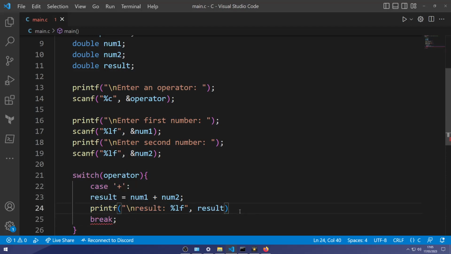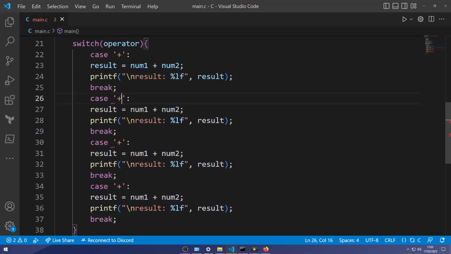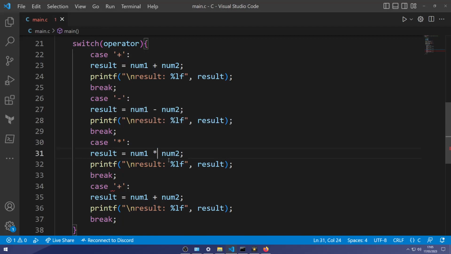Add a little punctuation here. So now we can just copy and paste this. And all we gotta change are the little symbols. That's it. Makes it a lot easier to just make a whole bunch of these.